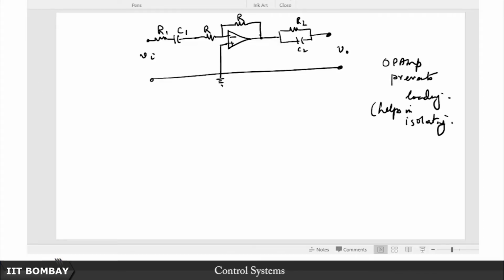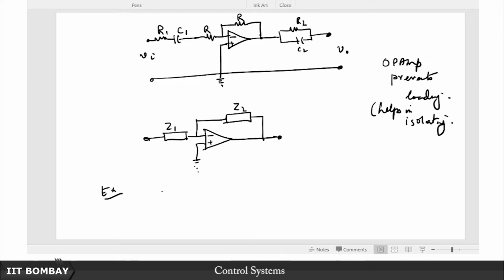So you might wonder, if we are ultimately using active elements, can we not realize all of these using just active elements, and it turns out that you can, okay. So I leave it as an exercise for you to check that if you want to basically use an op amp like this, with Z1 and this is Z2, like so, take this as an exercise to figure out